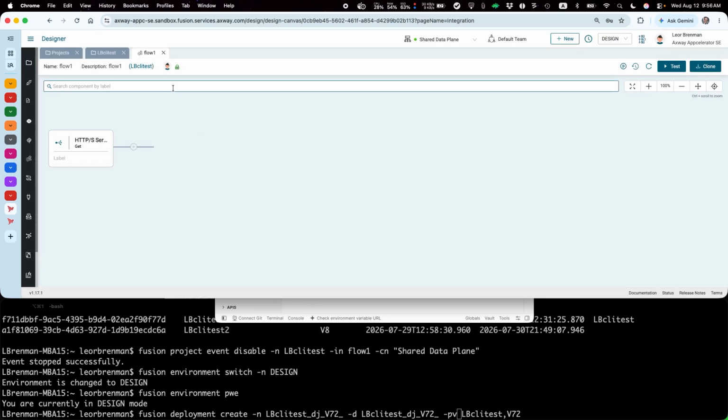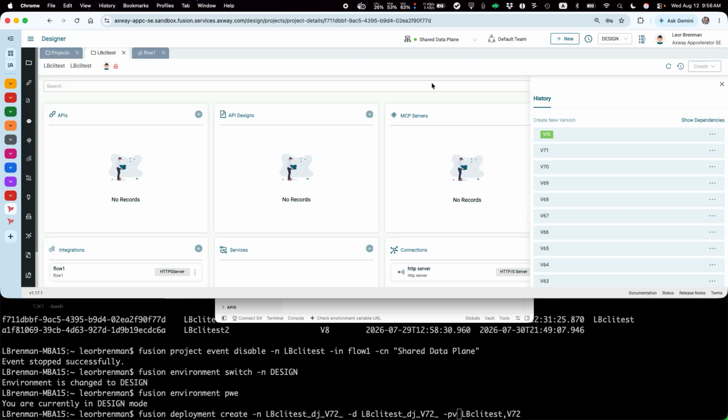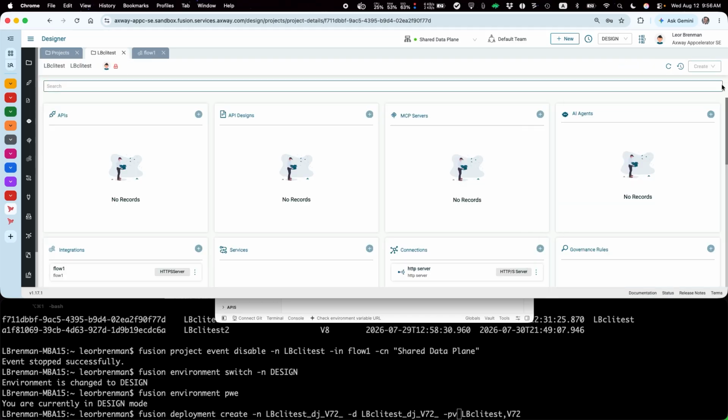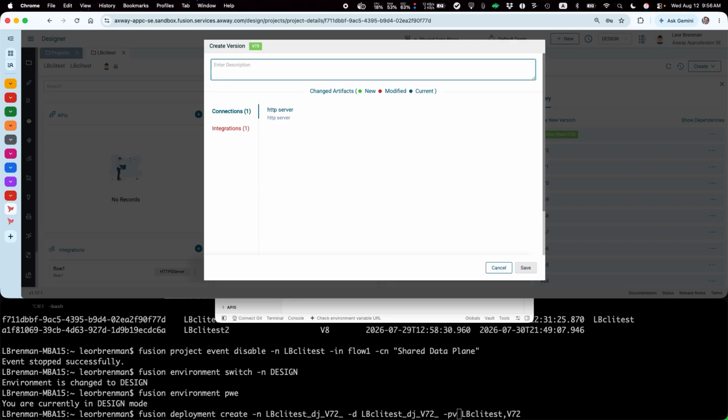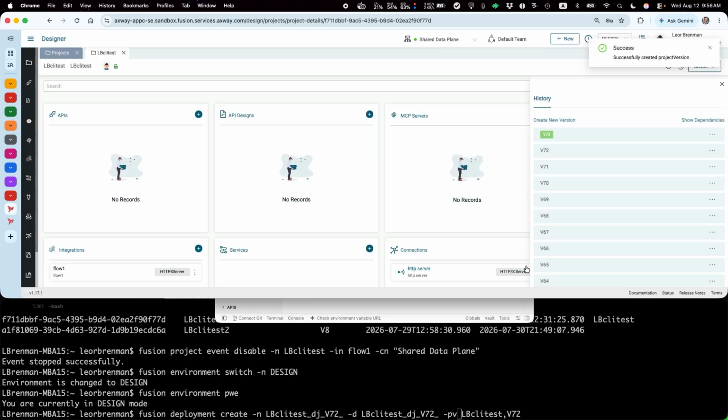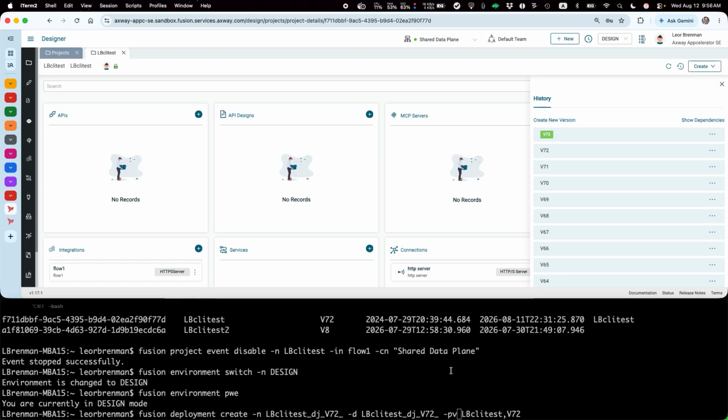And now what I can do is version my project, and this is typically what will happen. The developer will make a change, and they will version the project, create a new version, v73, and save that. Okay. So now what I can do is I can come down here, and let's do a version 73. All right. All right, so I do